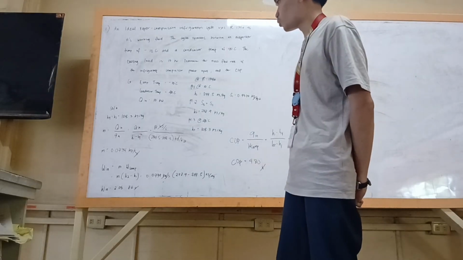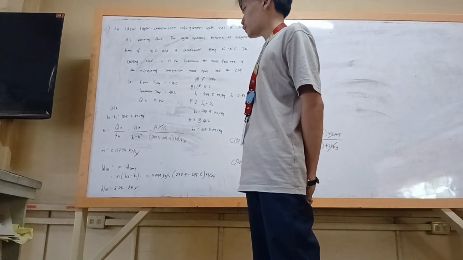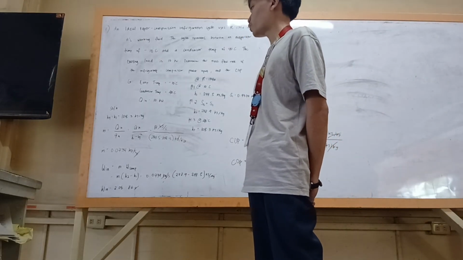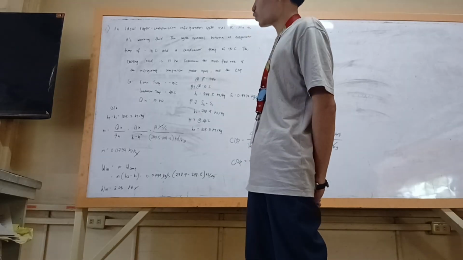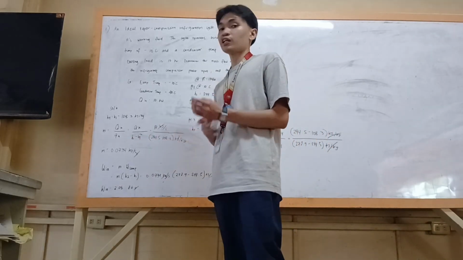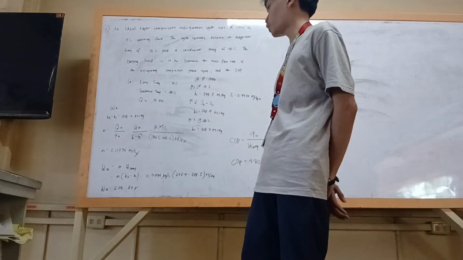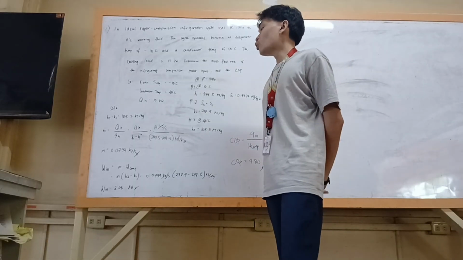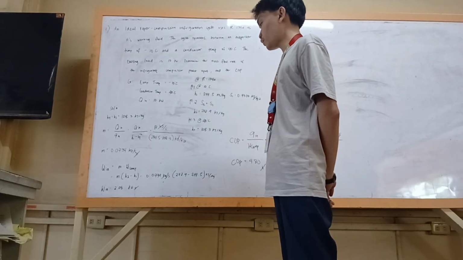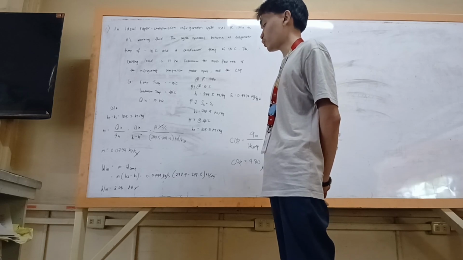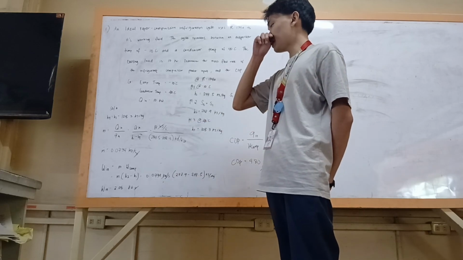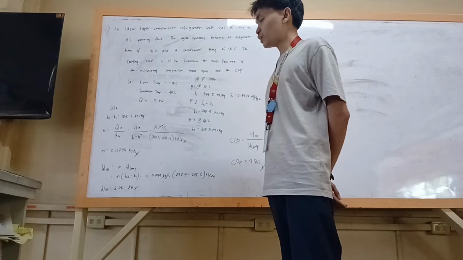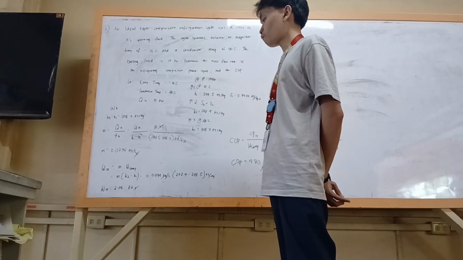Next, h4 is equal to h3, since it is in the expansion valve. So Qin, which is already given as 10 kilowatts, and also the evaporator heat, which is mass flow rate times h1 minus h4, we have 10 kilojoules per second over 244.5 minus 108.3 kilojoules per kilogram. Cancel out the kilojoules, you'll be left with 0.0734 kilograms per second.